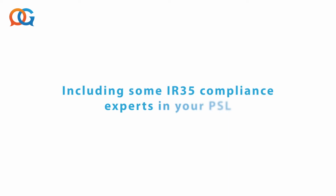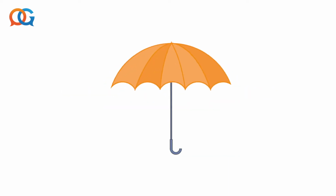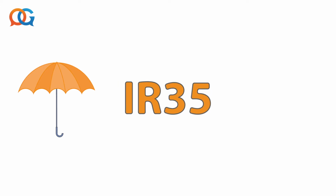Including some IR35 compliance experts in your PSL. If the umbrella model is more appropriate for most of your contractors and you only supply a few who work through limited companies, it's probably more important to involve professional umbrella employers who won't necessarily need a detailed knowledge of IR35. However, even if only a few of your clients are affected, it's still important to be able to access